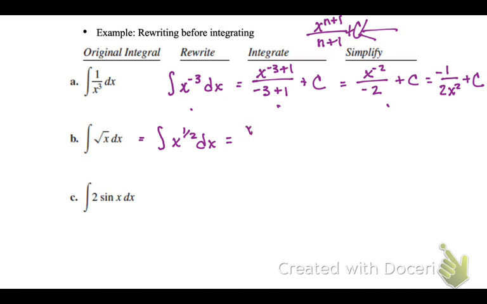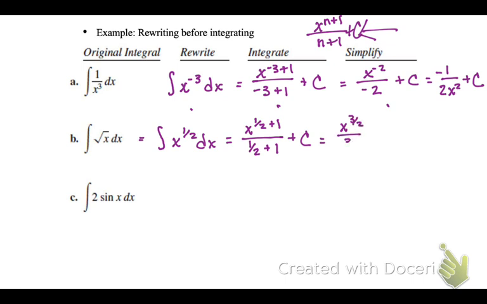So x to the 1/2 plus 1 over 1/2 plus 1 plus c. So 1/2 plus 1 is what fraction? 3 halves. So I have x to the 3/2